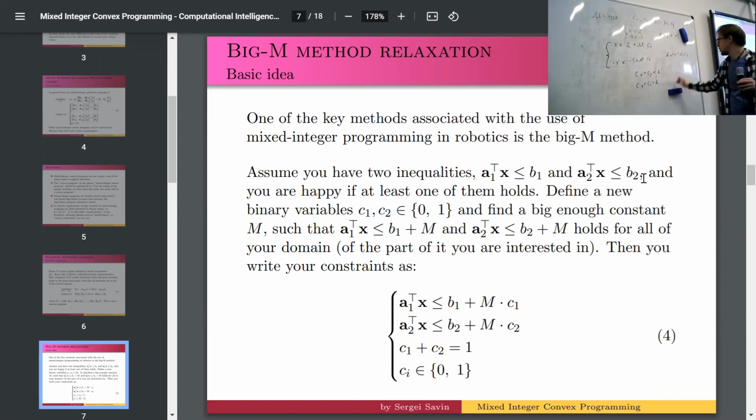Imagine you have an area here where C1 equals 0, here C2 equals 0, and here both of them equal 0. Well, if this is your cost function, it's going to always pick this area, but that's not the behavior that you want. You just want some priority to this area, for example. You don't want priority to this area. So this is why typically we do this kind of thing. I mean, there's no rules. It's just typically